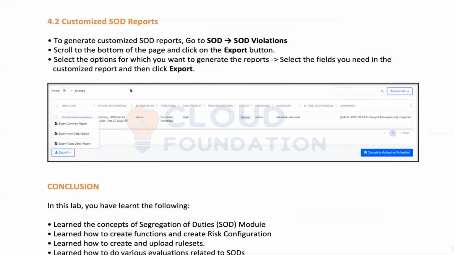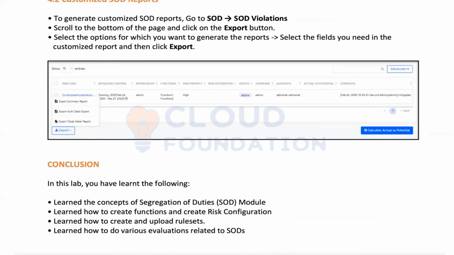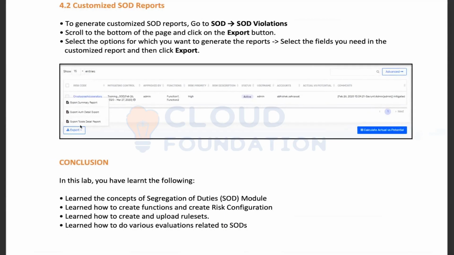If you want to customize, you can customize your report as well. If you want more details or less detail, within the export option you have all those details: summary report, auth details, T-code details, all the company related details that you would like to include.